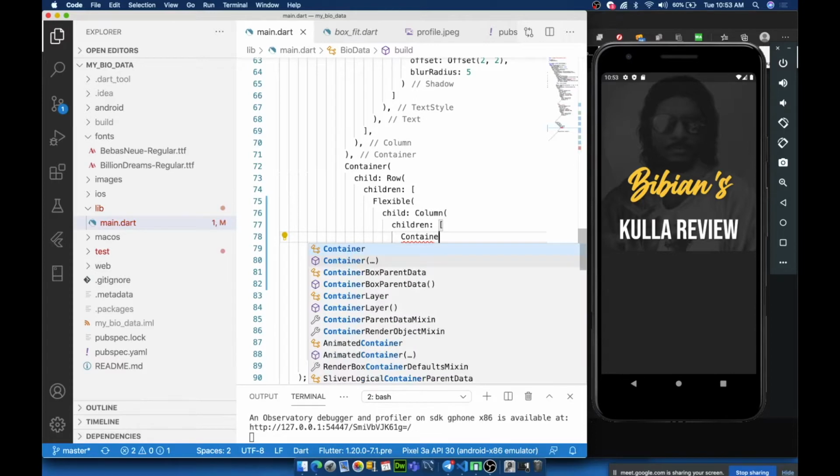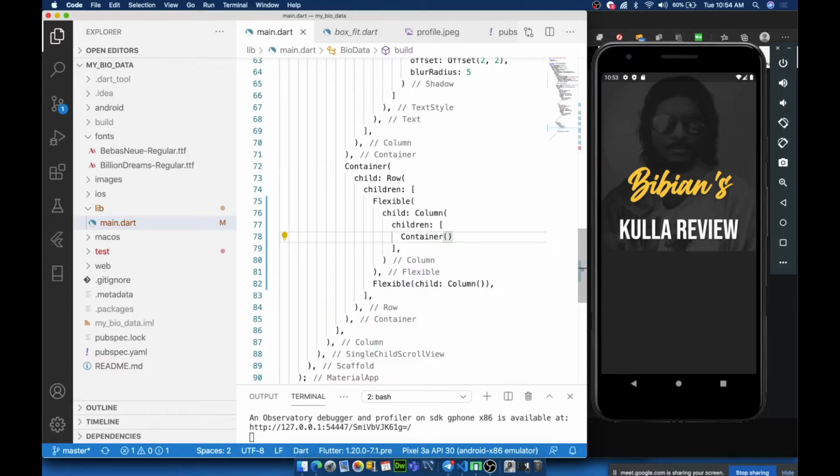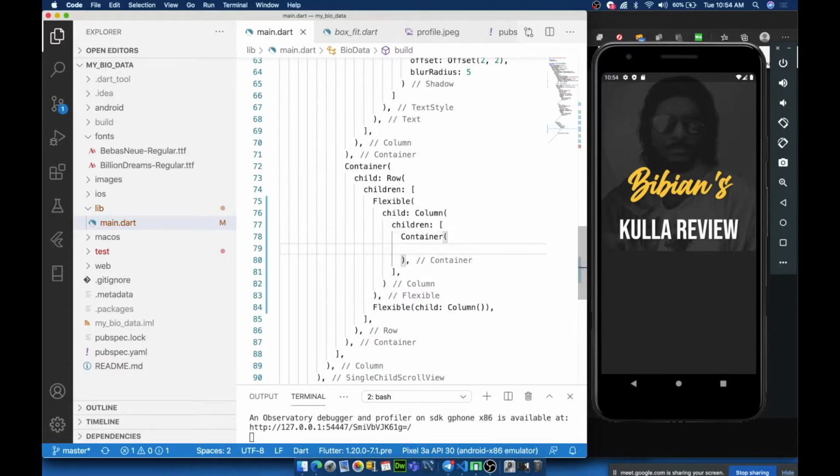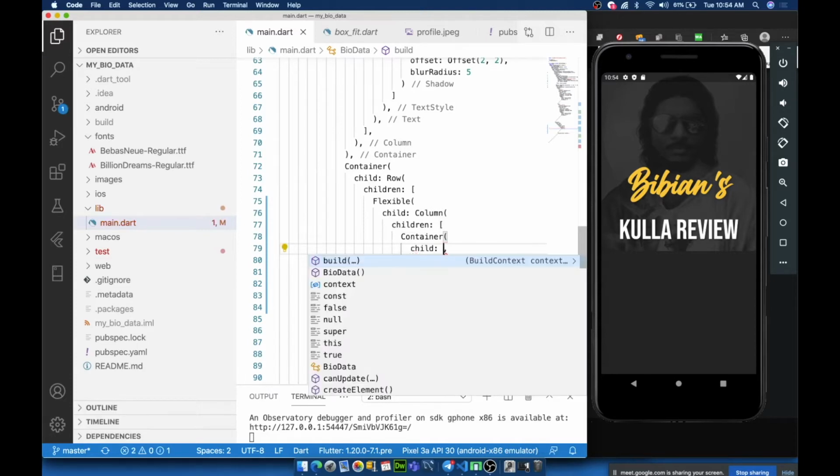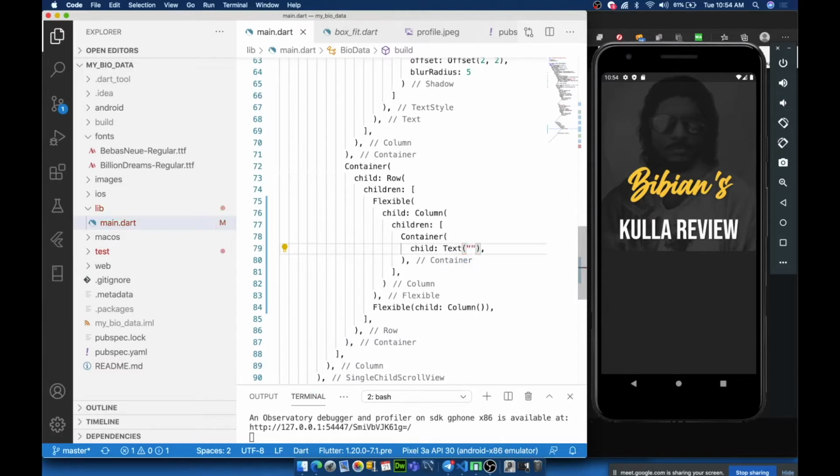Within this, let me create a container now. So the first widget that I'm going to put inside the column is called a container. This container will take a child. Of course, it will take a child, and this child we can maybe have a column. We can have another column inside. Or we'll go a bit primitive. We have a text for now, and let this be hello world. Once you're done, just hot reload and let me know if you see hello world here. Do you see hello world?